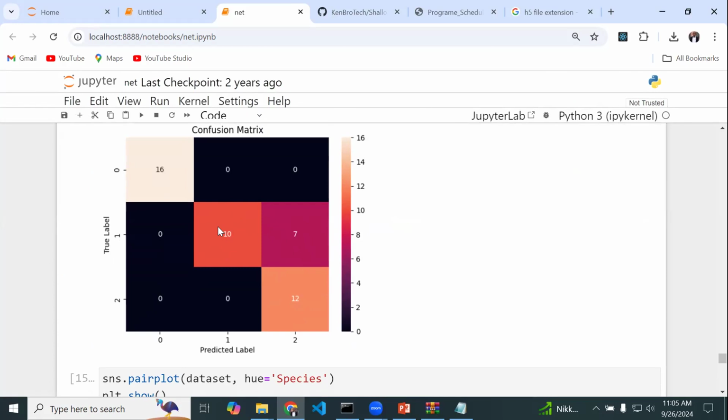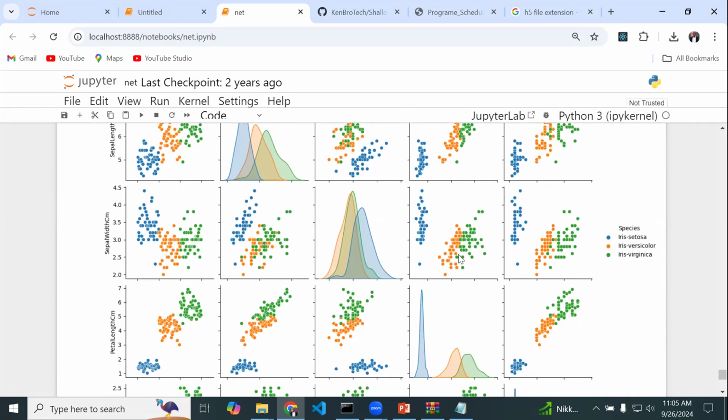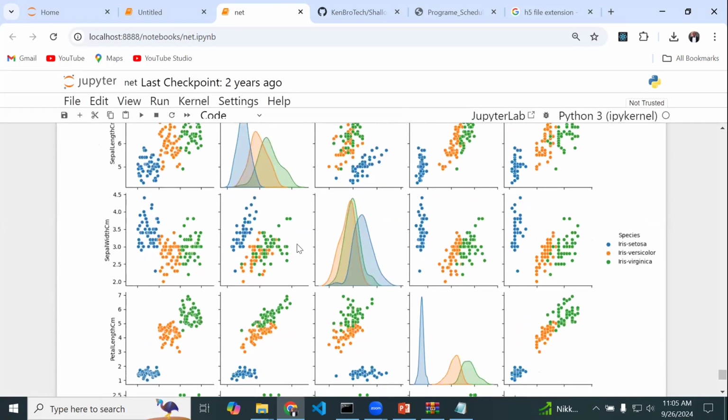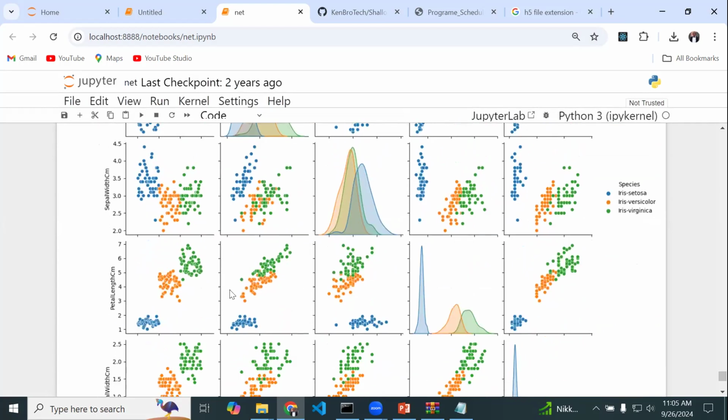So now the general rule of thumb is, when you plot a confusion matrix, and indeed you have a very good case of a confusion matrix, the major diagonals should contain the maximum values, okay? So over here, these are the major diagonals. We have 16 over here containing all the values that were used for testing, and it correctly predicted everything for Iris setosa, because those ones are very highly separable if you look at all the pair plots we have over here. I mean, we can draw a line over here and there's no mismatch. Here there's a little bit of an issue, but it is not as obvious as the ones we see over here, which are